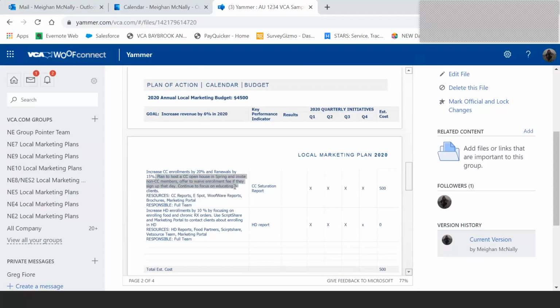So this is where I want you to get granular. I want you to get as specific as possible. You cannot be too specific. And then I'm going to put down the resources. So who's responsible? What platforms am I using, or what reports am I using? And then who's responsible for making sure that